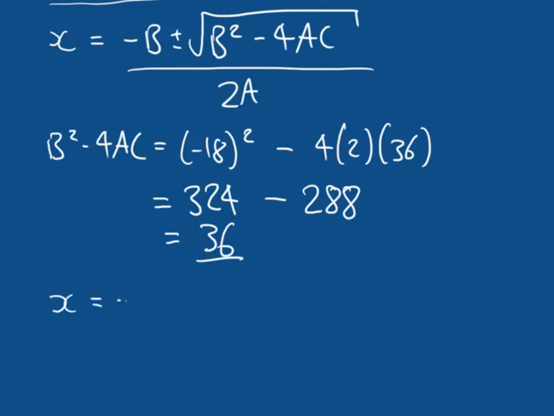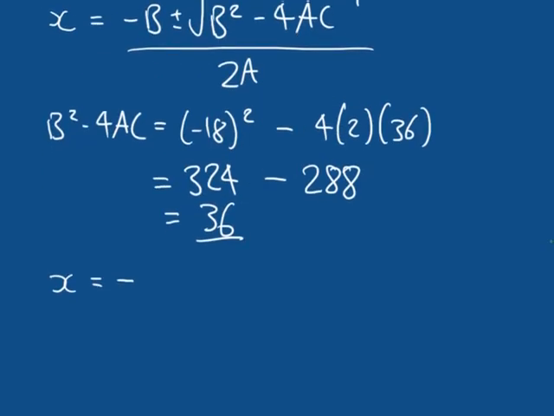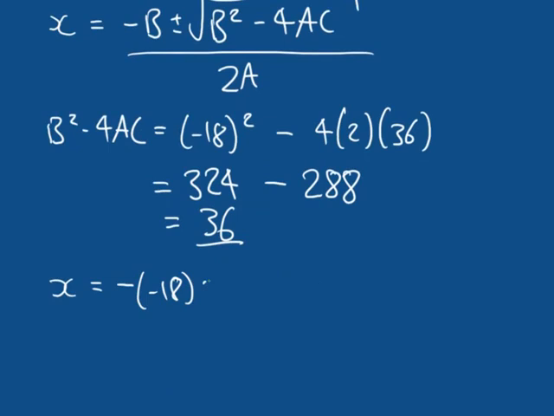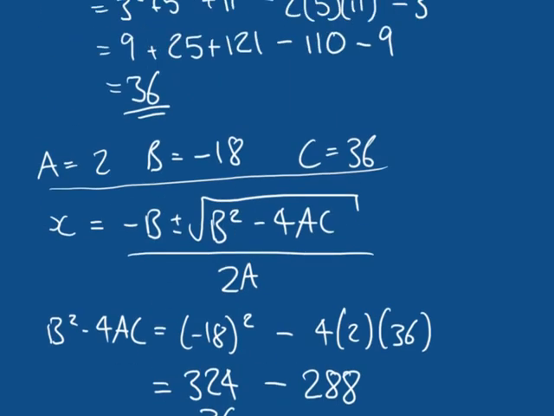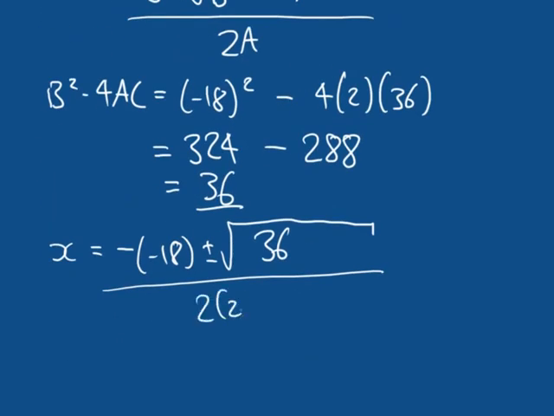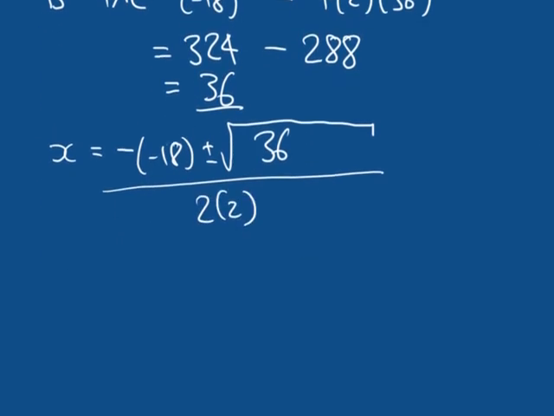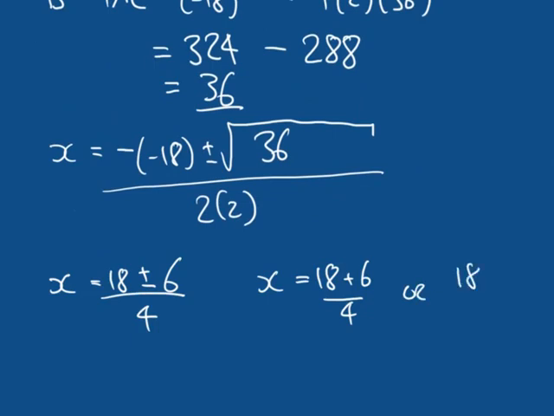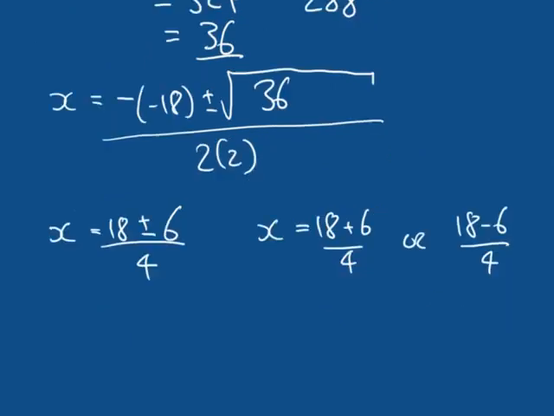So x is equal to minus b, which is minus 18, so minus 18, plus or minus the square root of b squared minus 4ac, which is 36, divided by 2a, and a is 2, so divided by 2 times 2. The minus and the minus become positive, so x is equal to 18 plus or minus the root of 36, which is 6, so plus or minus 6, divided by 4. That means x is going to be equal to 18 plus 6 over 4, or 18 minus 6 over 4,